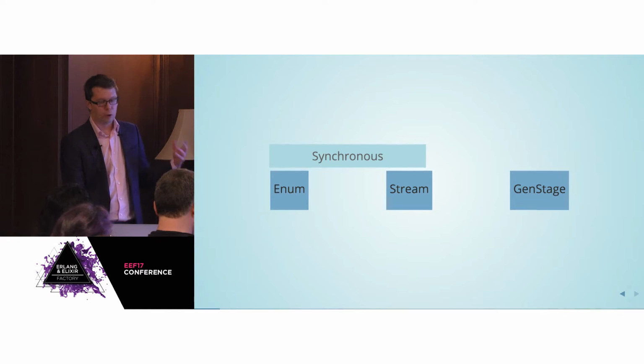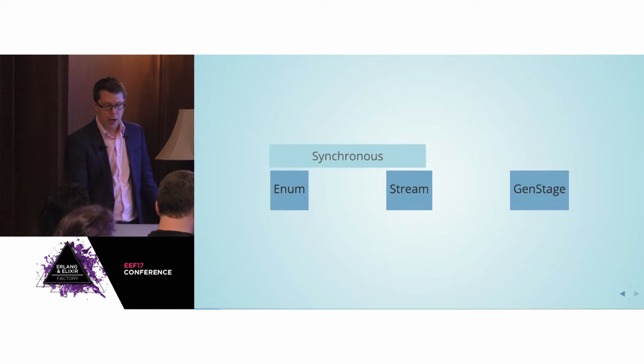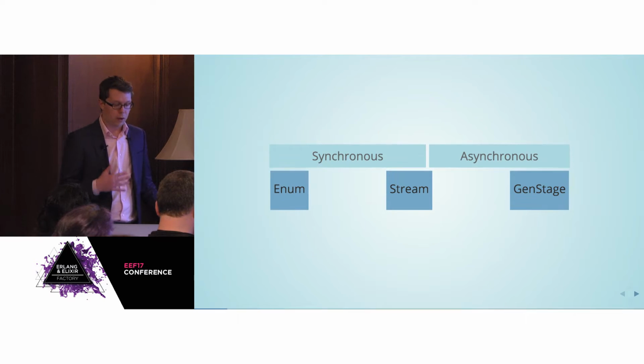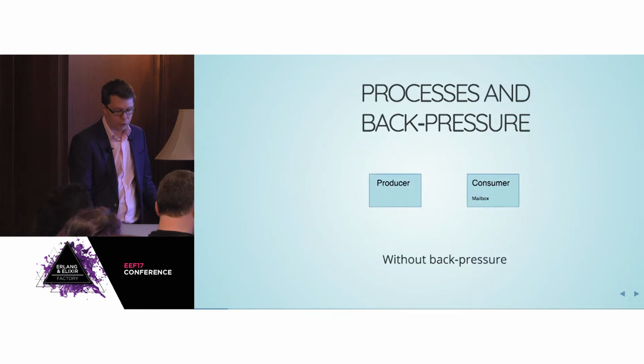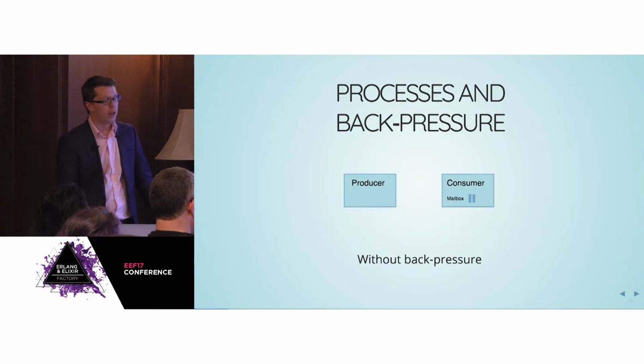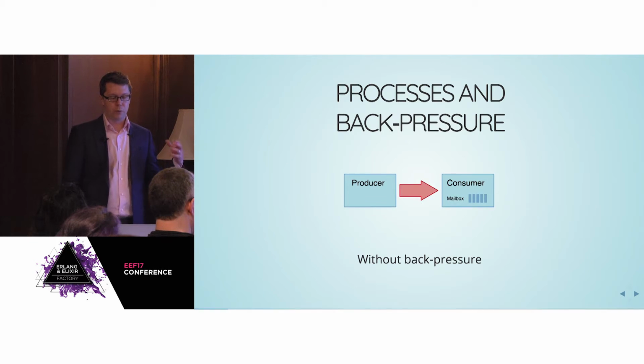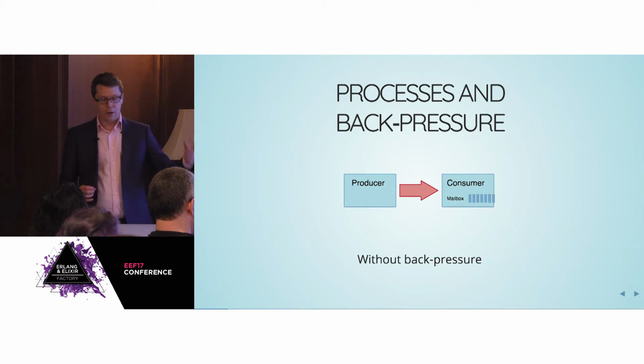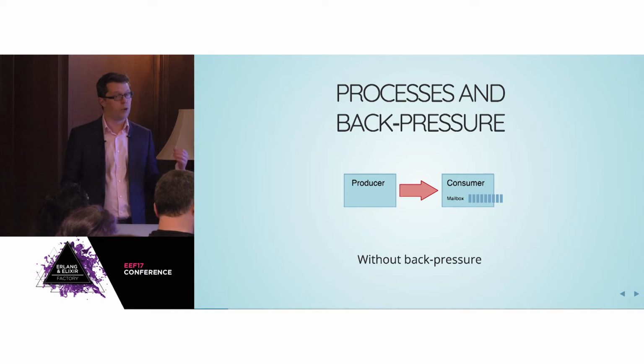So the back pressure is given to you and built into the system. However, once you switch over to using GenStage, which is built on top of processes, now you're in the asynchronous world, and you have to start thinking about back pressure. Because if you do not have back pressure, what can happen is you'll have a very active process that's producing messages, sending them to a second process much faster than that second process is able to deal with them. So for example, you're reading files off disk and you have to process them, decrypt them, something like that.